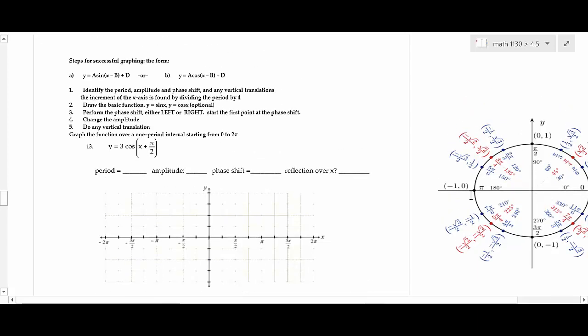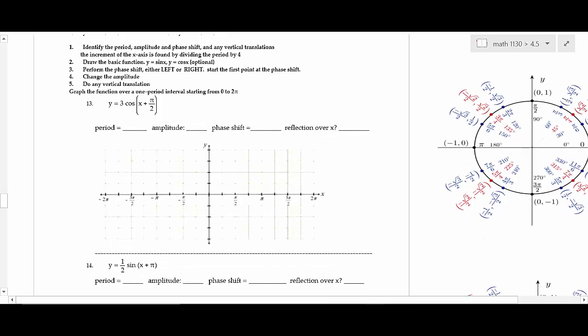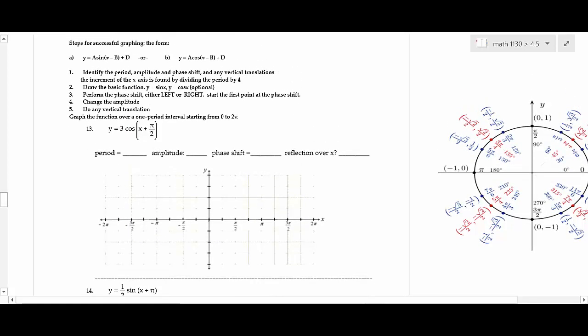Okay, this one, I'm going to do a couple of problems that just have a phase shift. A couple of these problems I'm going to change also, but this one I'm just going to focus on doing a phase shift and kind of show you what you want to do. First thing that you always want to do, if you're graphing a sine and cosine, is identify everything. So the period of this, the formula for the period